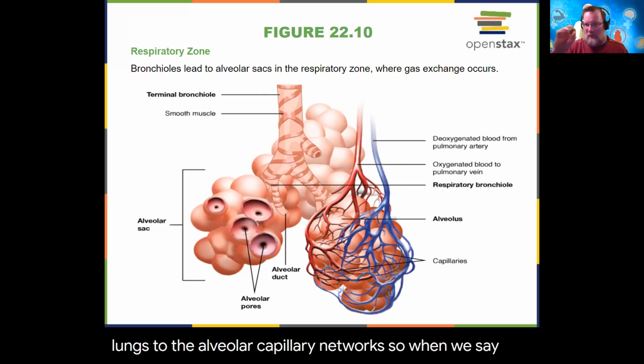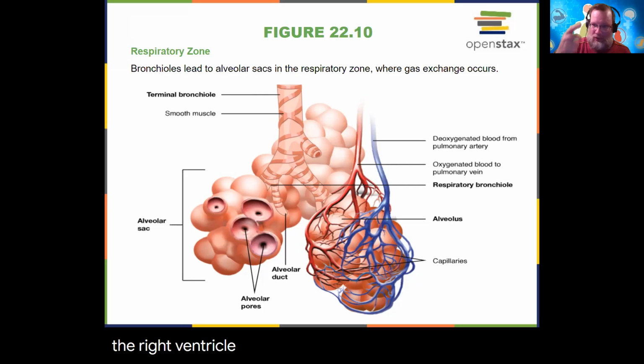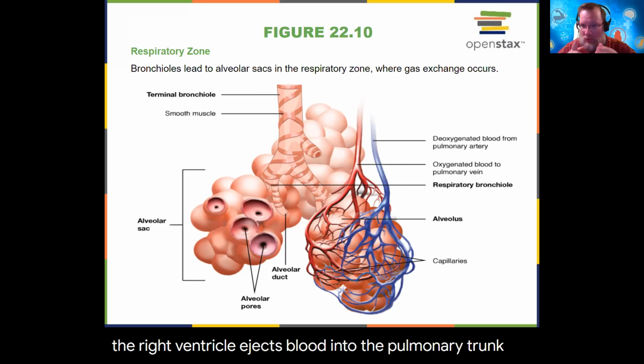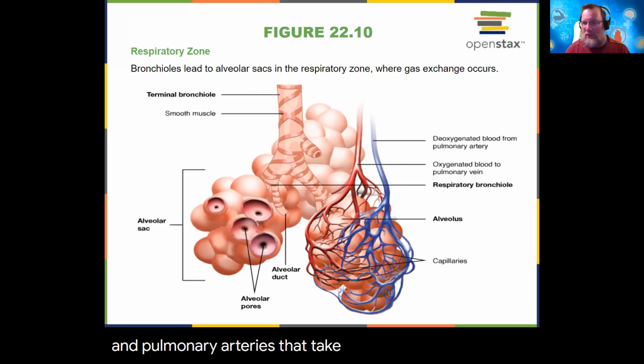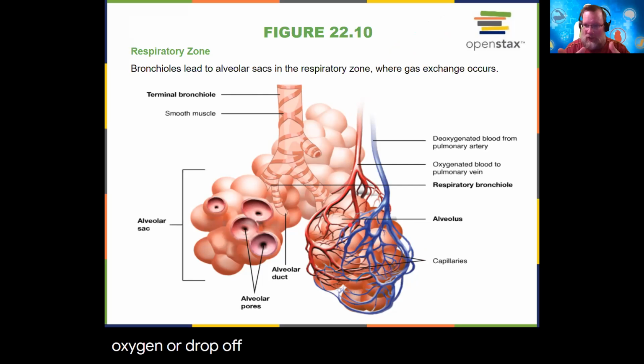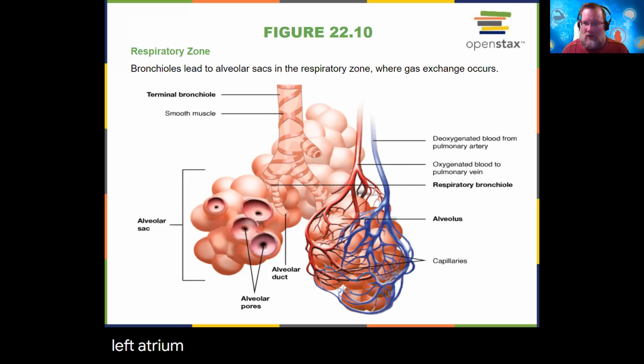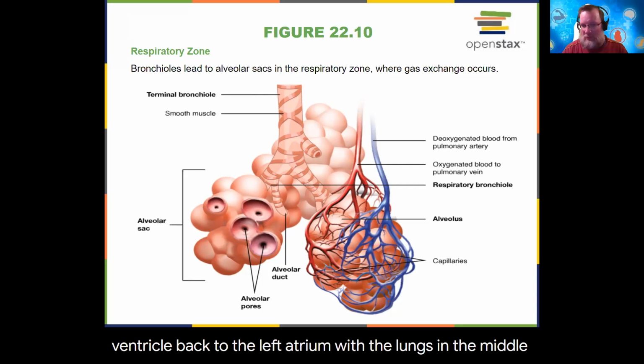So when we say blood goes from the heart to the lungs, we really are saying the right ventricle ejects blood into the pulmonary trunk and pulmonary arteries that take the blood ultimately to these pulmonary capillaries at the alveoli, where we drop off the CO2, pick up the oxygen, ship that blood back in a pulmonary vein or pulmonary veins to the left atrium of the heart. So that pulmonary circuit from right ventricle back to the left atrium with the lungs in the middle, this is specifically